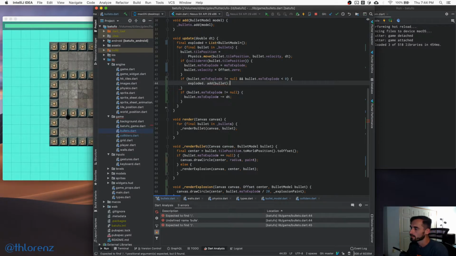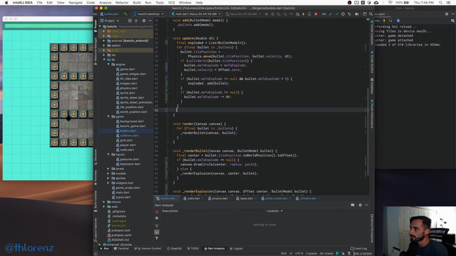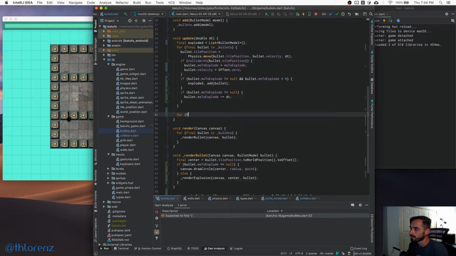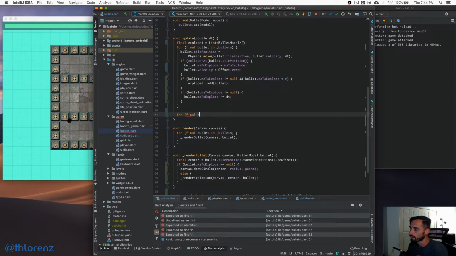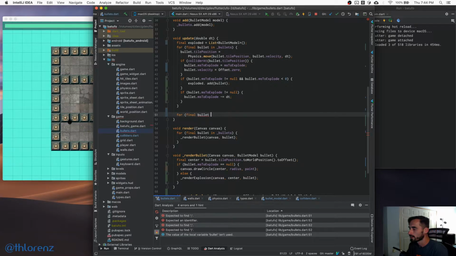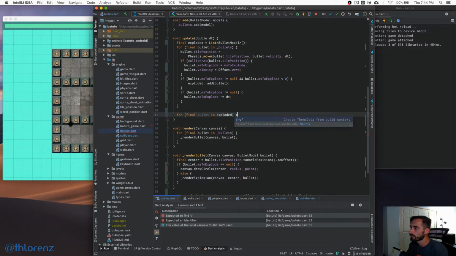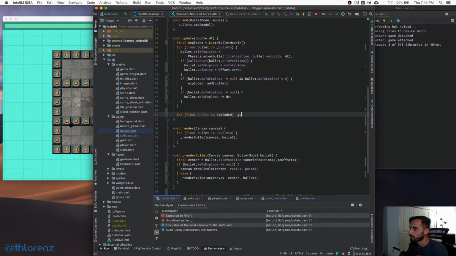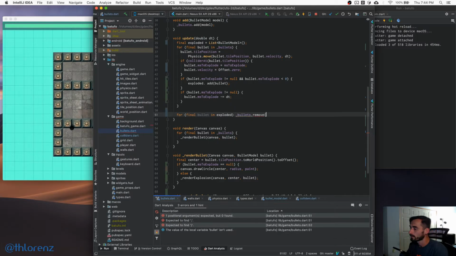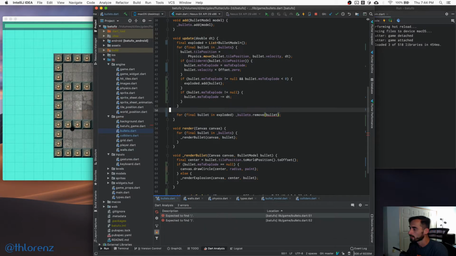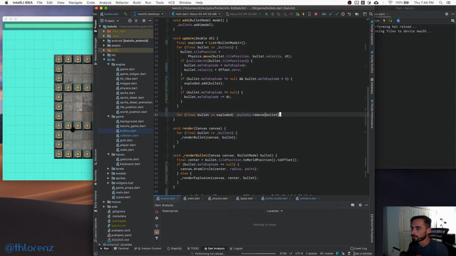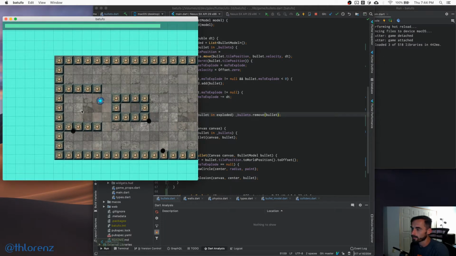And then at the very end we go through all the bullets that are in exploded, and we remove them from the bullets that we consider to be still alive. Dot remove bullet. Okay, so now what should happen is when we shoot,